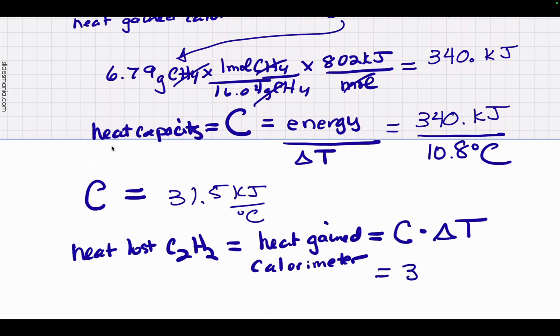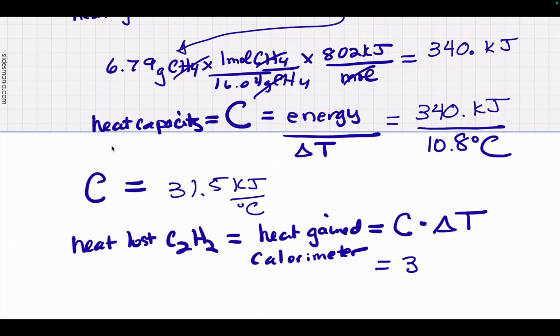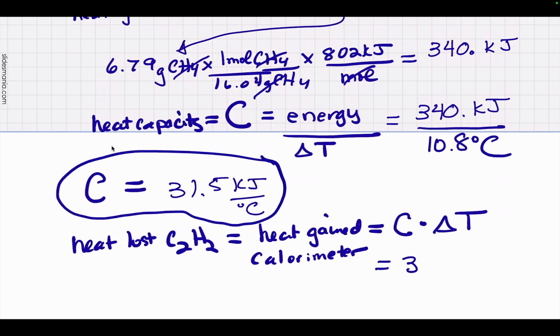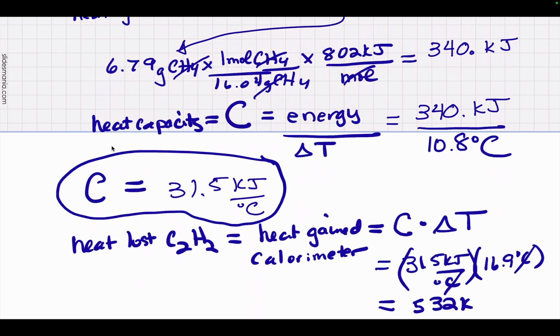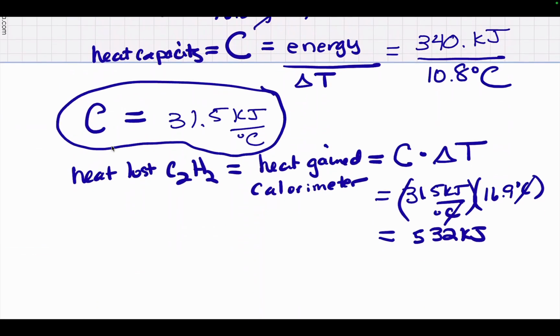So we just calculated, I never did calculate, sorry, the answer to, it is right here. Sorry, here's the heat capacity of this particular calorimeter is 31.5. And then when we burned the acetylene, we got a temperature change of 16.9. So we can figure out how much energy was released by the combustion of the acetylene. So 532 kilojoules were released, but